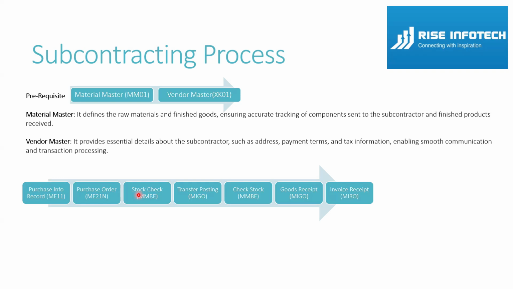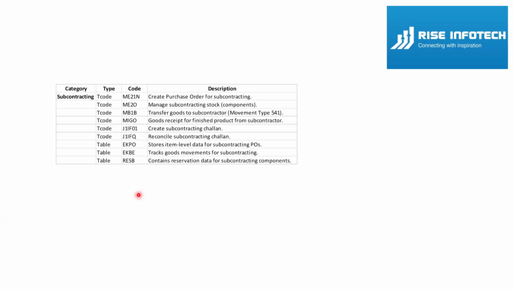So automatically it consumes the raw material. Then the vendor submits the invoice, and then the payment happens. So this is how the subcontracting process works. I'll move on to the next